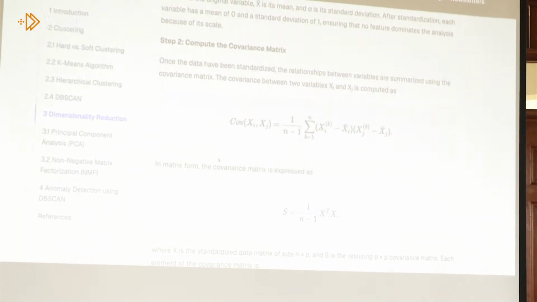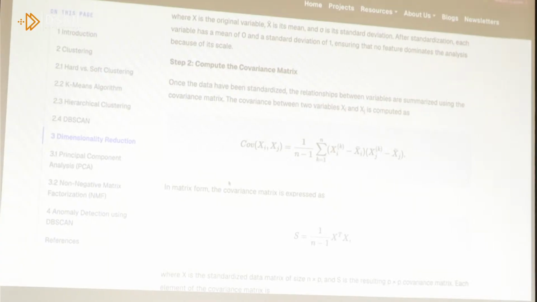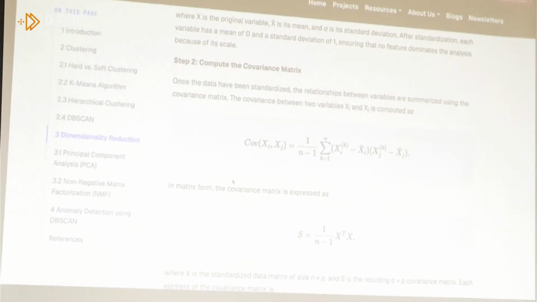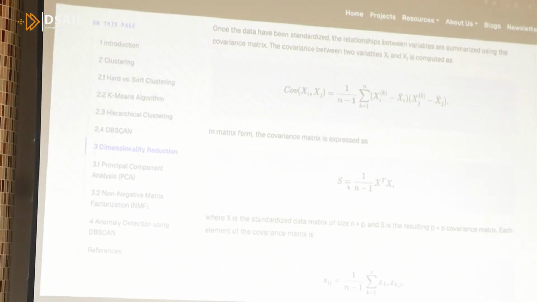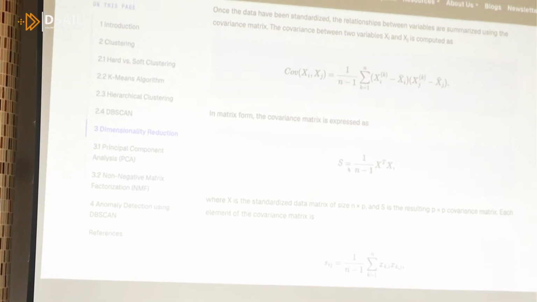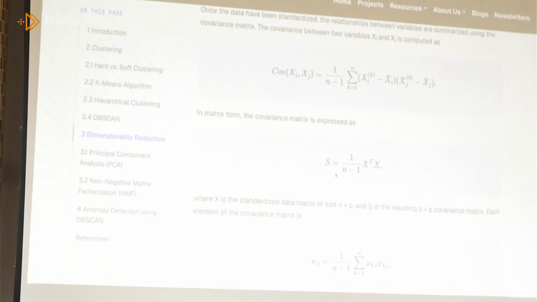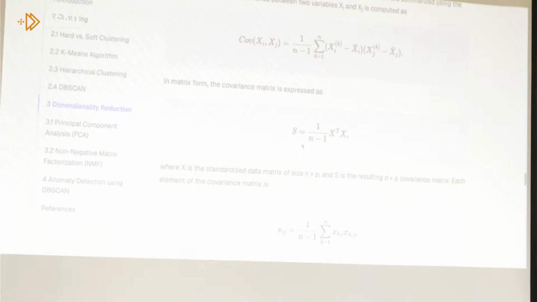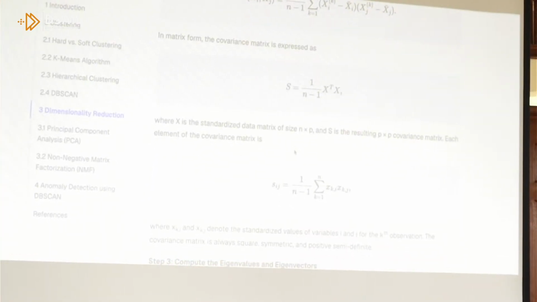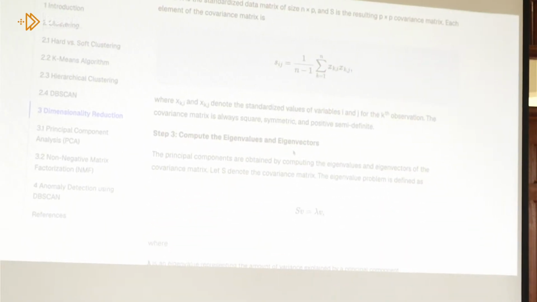Then you compute the covariance of your standardized data. The covariance of standardized data is simply a dot product, and then you divide by the total number of elements minus 1. I forgot the term for this. Then from there, once you've computed your covariance matrix,